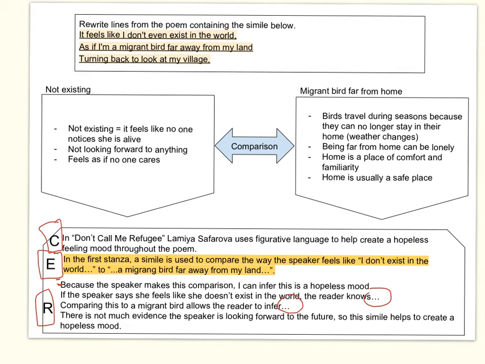You are the reader. You're going to use your background knowledge from up here to fill that in. Now you don't need to use all of it. I don't expect you to use all of it, but I want you to choose or summarize not existing and migrant bird from home in these 2 sentences where I've started it for you. And then finally, I have a concluding sentence already written for you right here. Add that into your graphic organizer as well. Again, please pause the video and fill these components out.